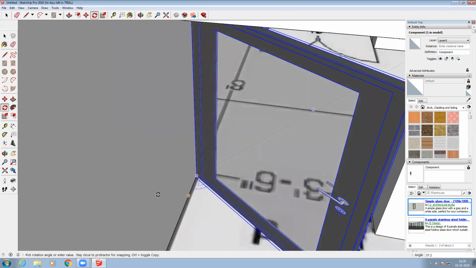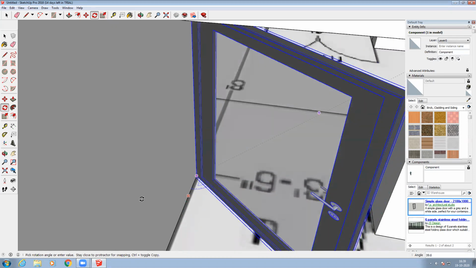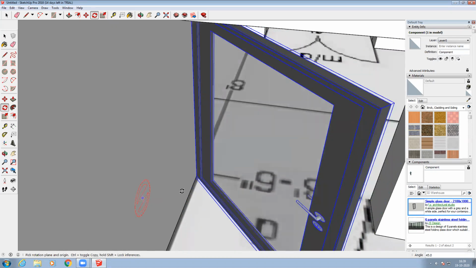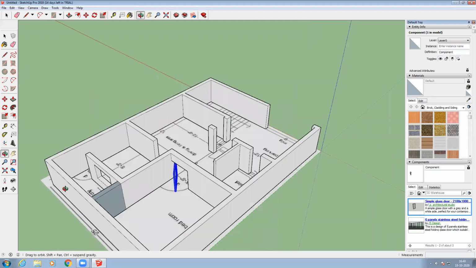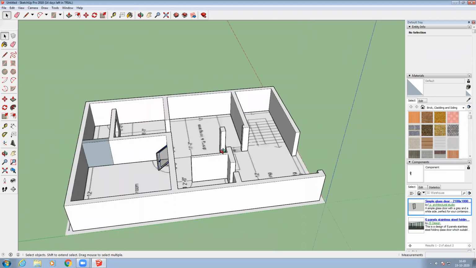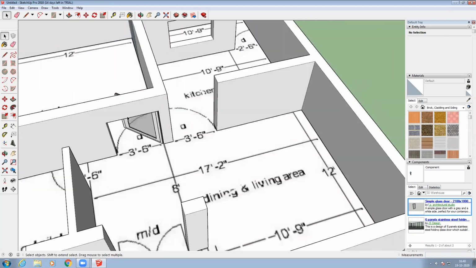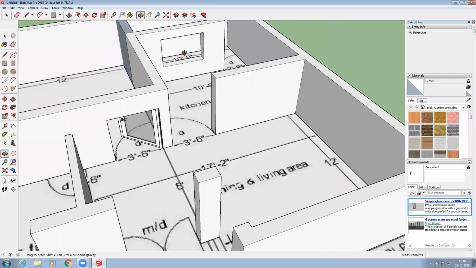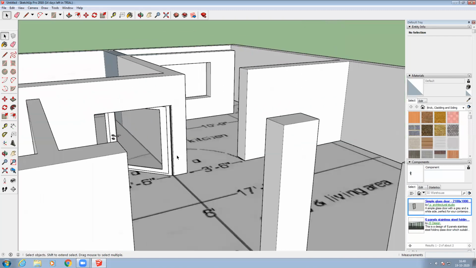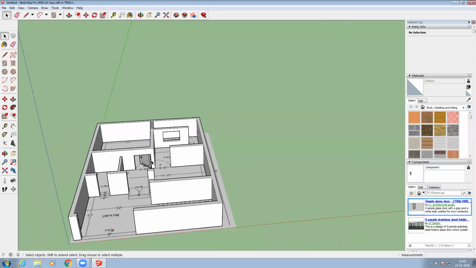You can see the door is opening and closing. Like this you open it and click, and you can see the whole door is open. Press the space button so that the rotate option goes, click outside, and the selected item will not be selected now. So you can see the door is open. Like this you open the door if you want to show the door open.